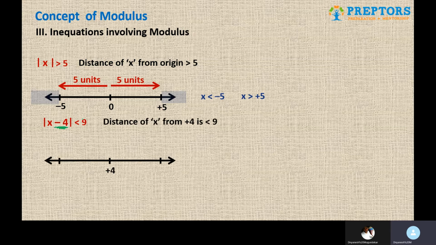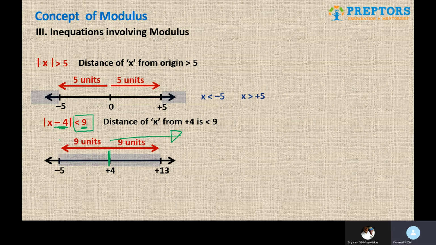Okay. Now they are saying the distance is less than 9. Forget about this right now, less than or greater than. Always do equal to first. So equal to 9 is what I'm looking at. So plus 4 is the point. Just change the sign from what it is in the given expression. And from here, on either side, you take a distance of 9 units. So on the right side, if you take 9 units, you arrive at plus 13. On the left side, if you take 9 units, you arrive at minus 5.